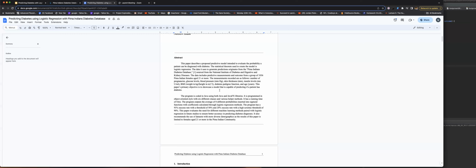But for this part, it is programmed in object-oriented style with six different classes and various helper methods. It has a worst case running time of O of n. The program outputs the average of 8 different probabilities inserted into sigmoid functions with coefficients calculated through logistic regression methods. The program has a 93% success rate with a threshold of 50% and 20% success rate with a high scrutiny